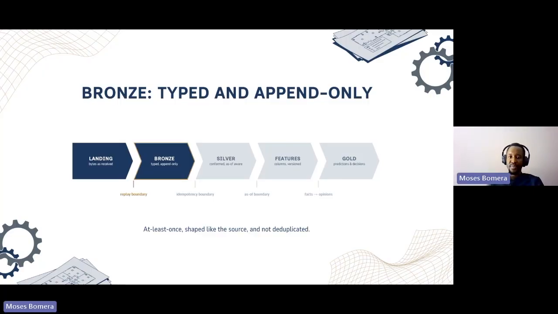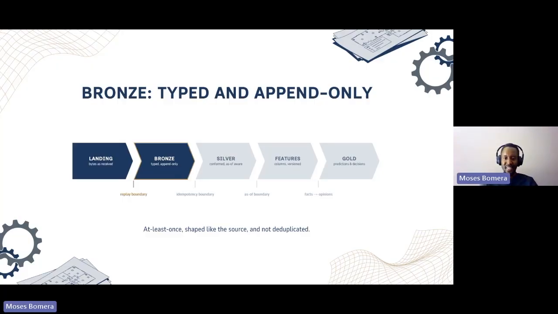But again, at this point you want to match your source system as much as possible. So there's not a lot of change that you do here. You just add a few guarantees that will probably be needed in the higher levels, things like natural IDs, the columns that define how unique the data is. Those are things you start to pull out of your raw bytes. But generally, this is also just a stage to absorb the raw data.